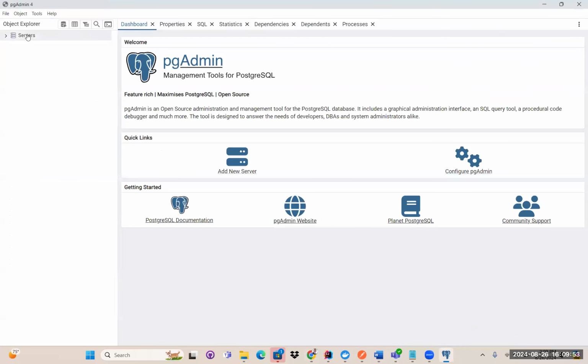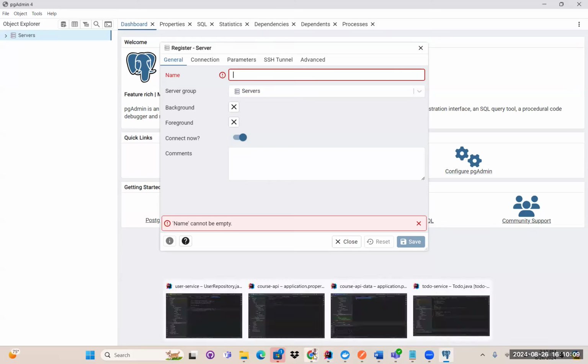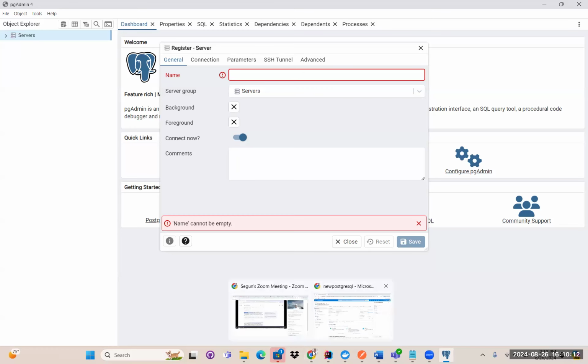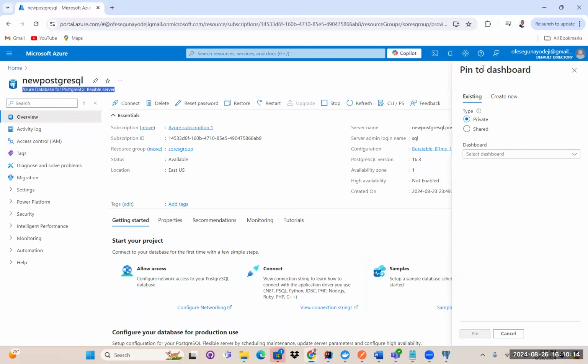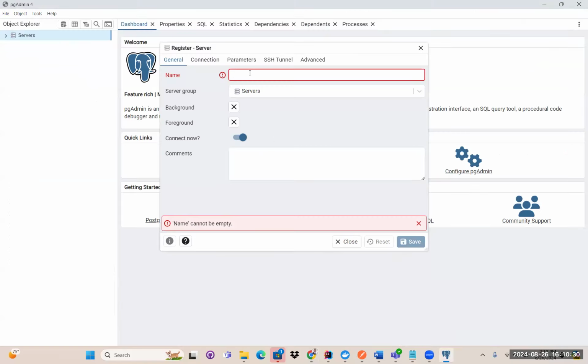In pgAdmin, on Servers, I'm just going to right click, then click on Register, then Server. The name here is going to be the server name from my Azure platform. I'm just going to copy this server name, or you can just click here to copy, then come back to pgAdmin,